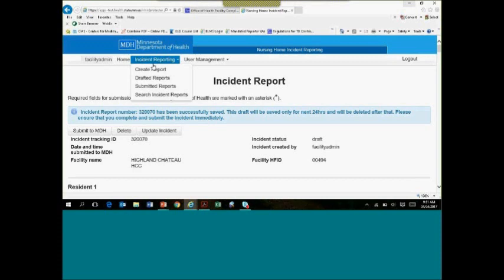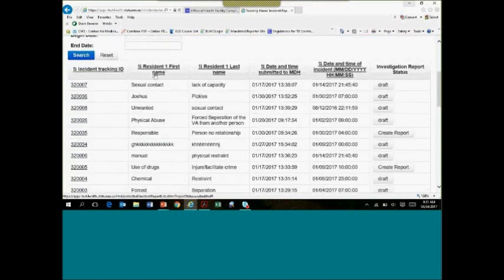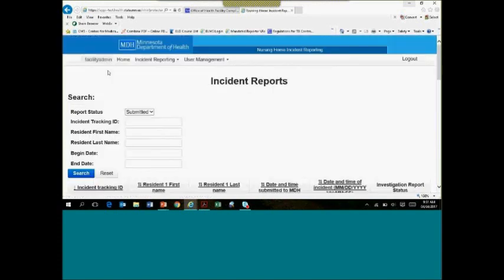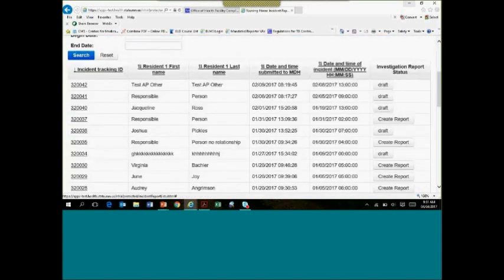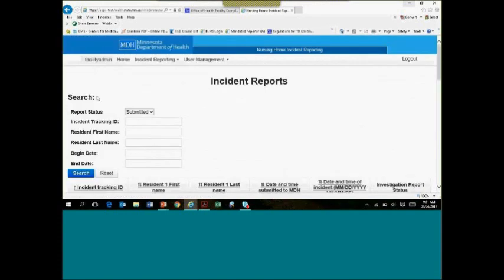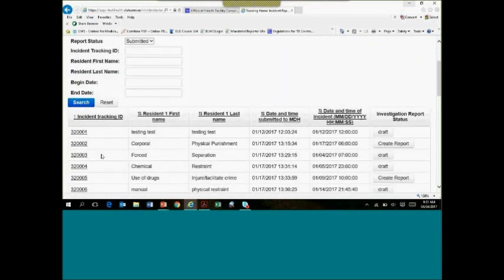But to find and do your 5-day investigative report, you're going to go to submitted report. It's going to populate your list of everything that's been submitted. They're in tracking ID order. You can put them in order if you'd like, if that's easier to find something. So I'll put mine in ascending order. Okay, so I want to do